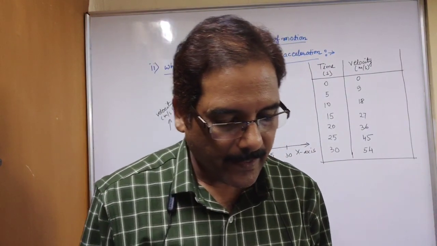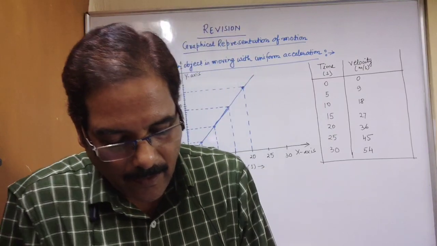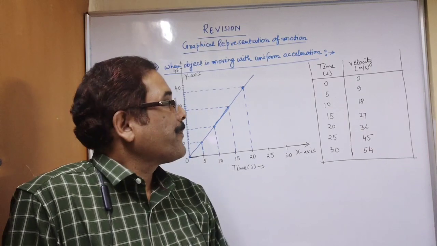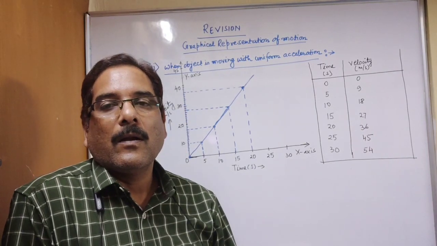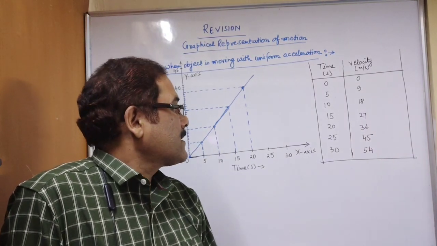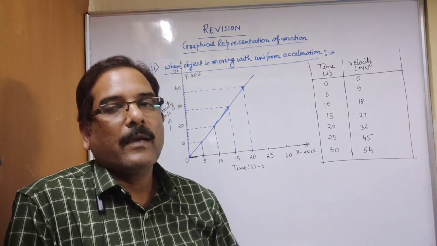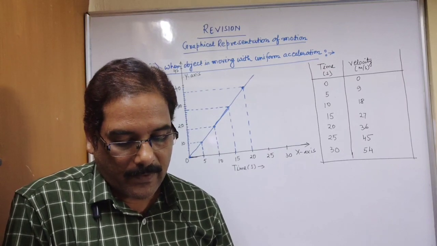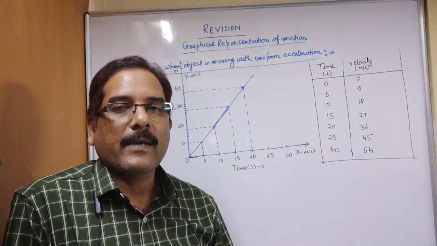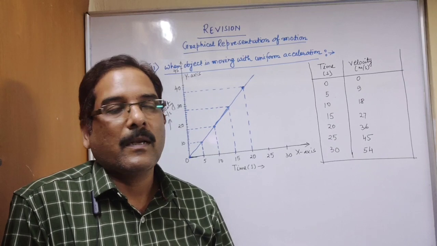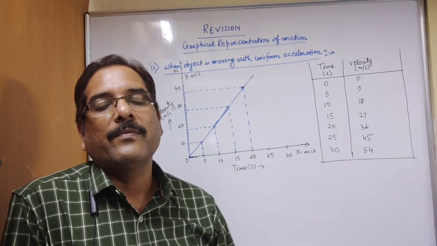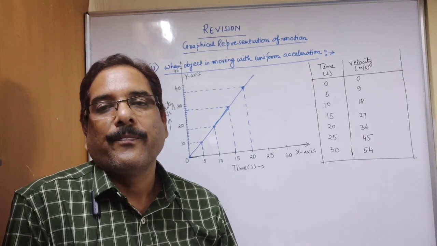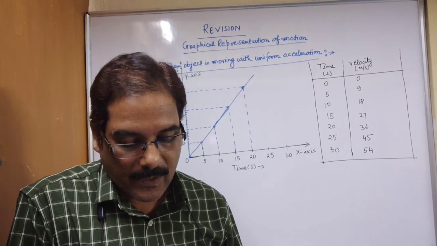You will find that the graph is a straight line, but it is not parallel to time axis. It makes some angle with the time axis. Here the velocity changes by equal amounts in equal interval of time. So here acceleration is not zero, isn't it? In previous graph, if you will find the slope of the graph, you will find slope is 0. So it means acceleration is 0.